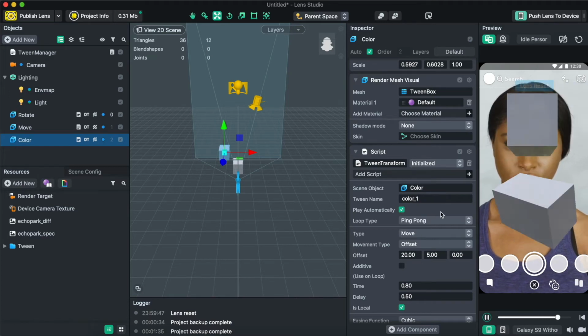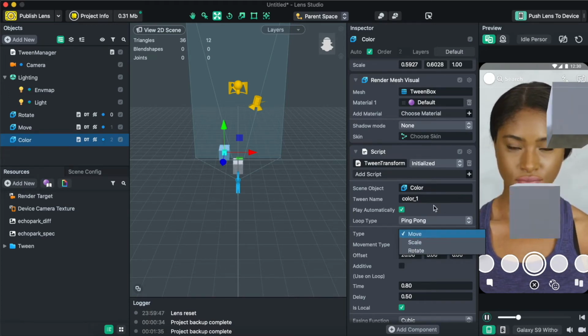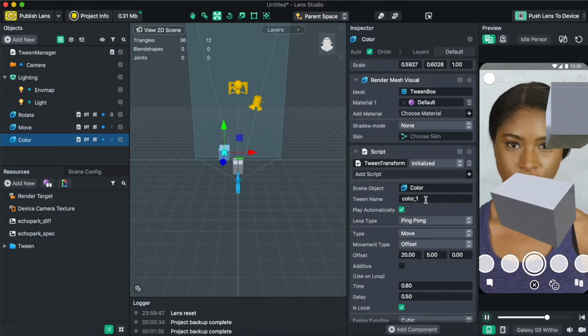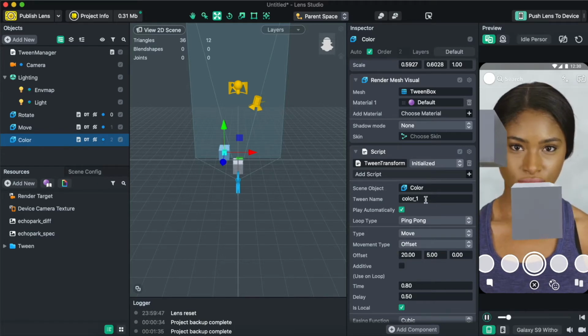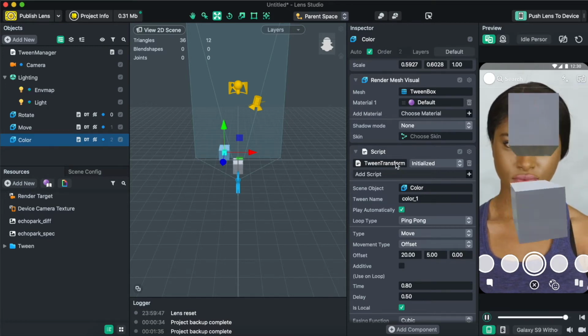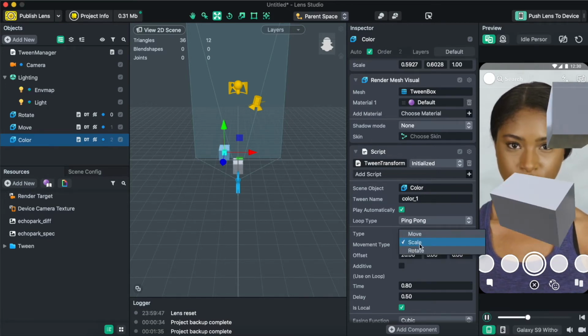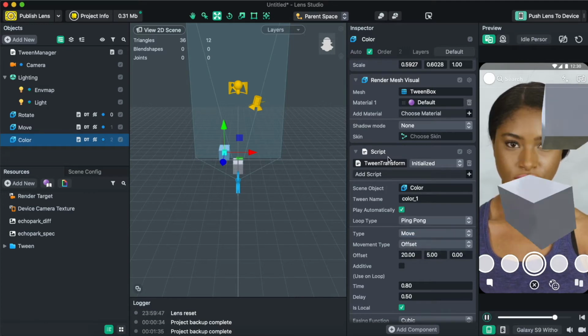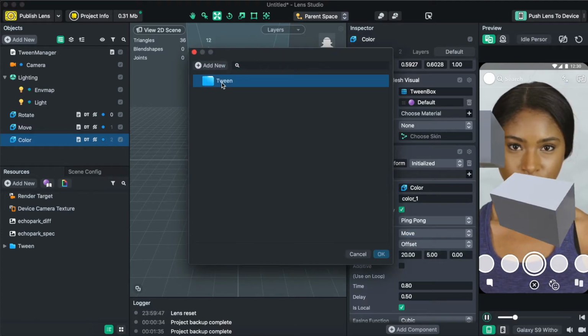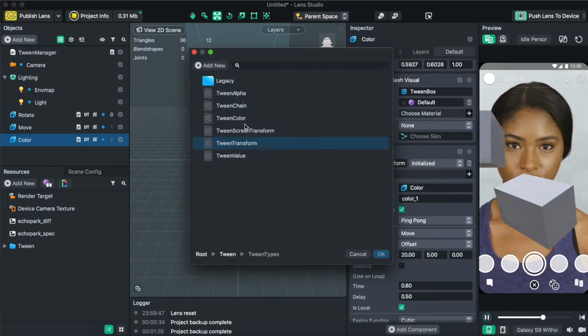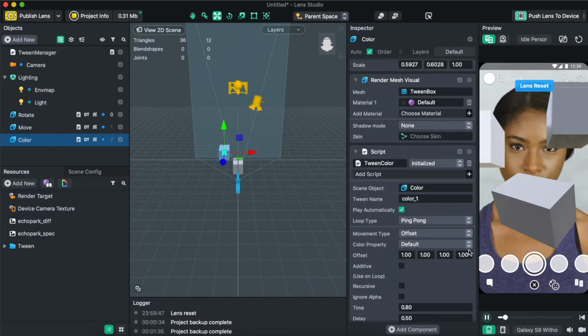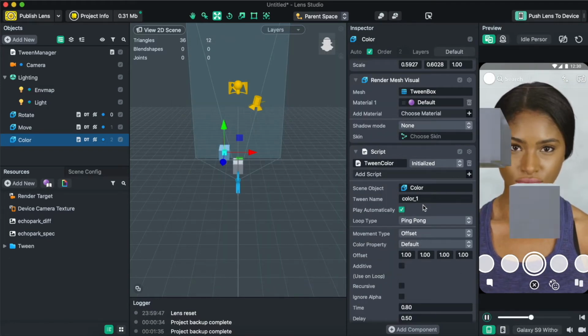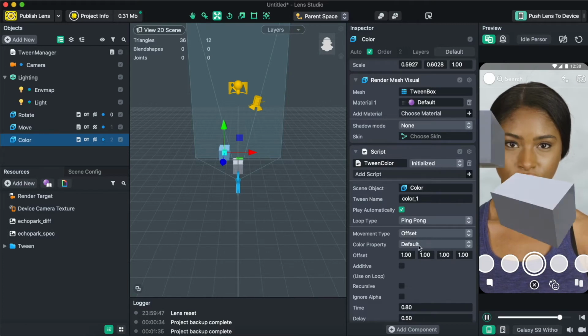And then the type, I'm sorry, so here's the thing, I just forgot to actually tell you something. When it comes to color, you got to change the tween transform. So tween transform, when you look at the type, you only have move, scale, and rotate. You don't have color. So you got to change the tween transform script to tween types color. Now you have color, right? Now you need to choose,